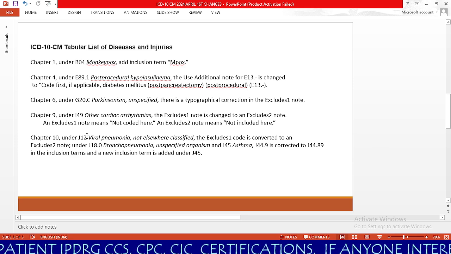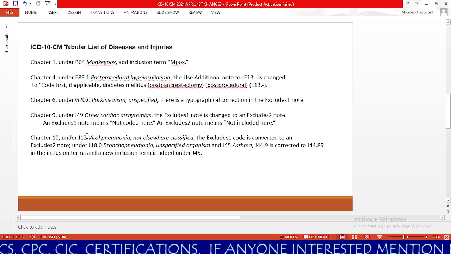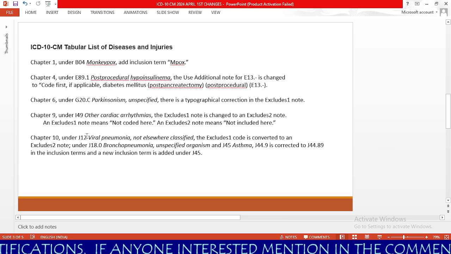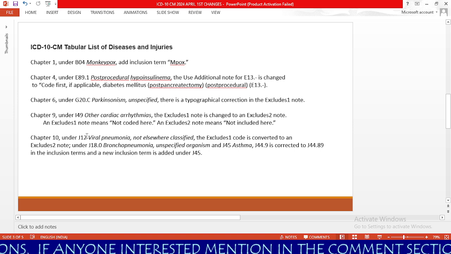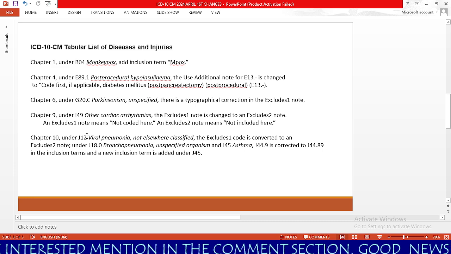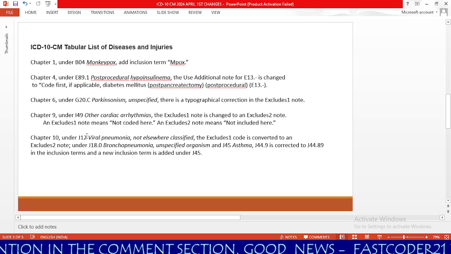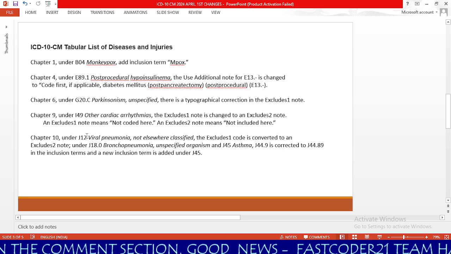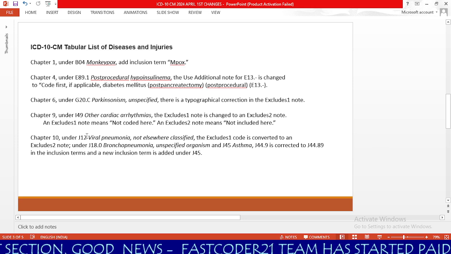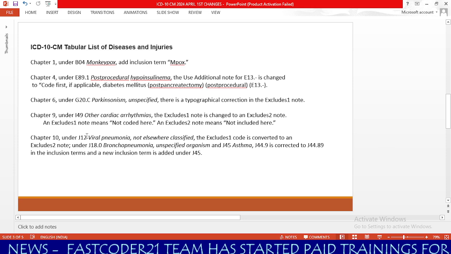Next, we will check the ICD-10-CM tabular list of diseases and injuries. In chapter 1, under B04 monkeypox, they added the inclusion term mpox. Basically, we need to understand that if the physician mentions monkeypox or mpox, we need to use B04. Next, in chapter 4, under E89.1 post-procedural hypoinsulinemia, the use additional note for E13 is changed to code first, if applicable, diabetes mellitus. So as we discussed previously, we need to code the E13 series as the first listed code. Then we need to code E89.1 and the Z code for